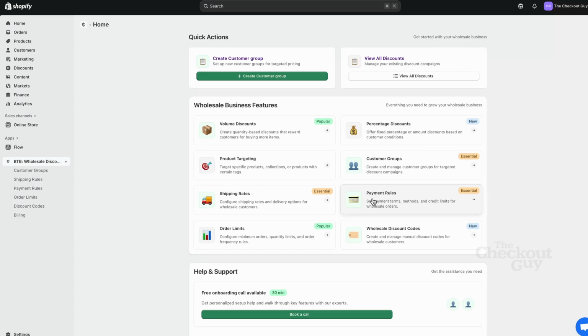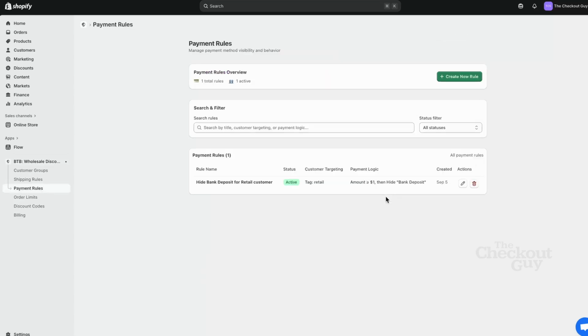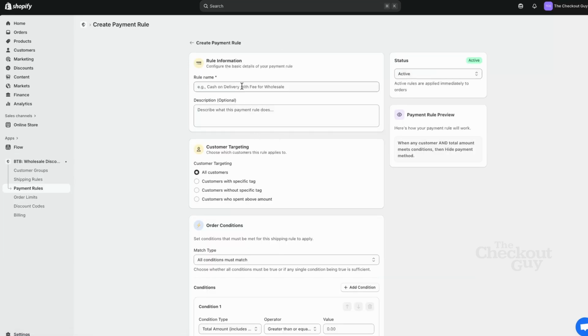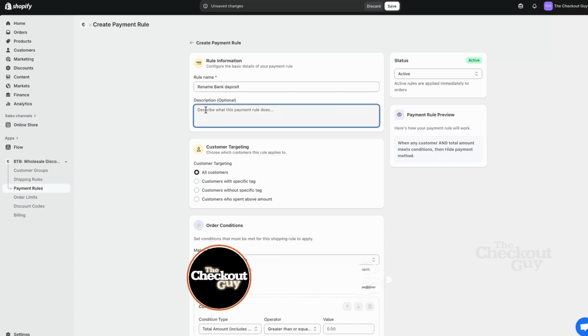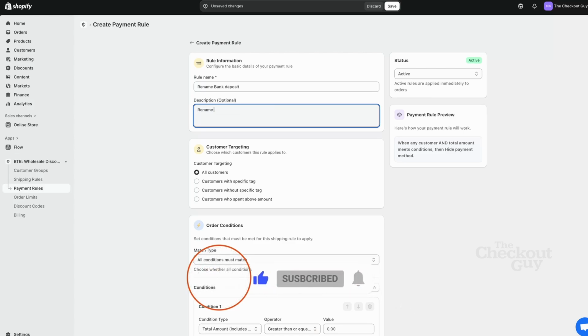After installing the app, you have the section Payment Rules, right? You can create a new payment rule. So what we're doing is we can give a title, Rename Bank Deposit, so we'll have an idea about what we'll be doing here. Then it'll be easier for you and you can make the rule. So we rename bank deposit